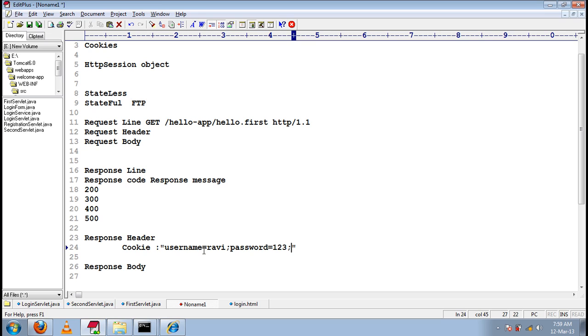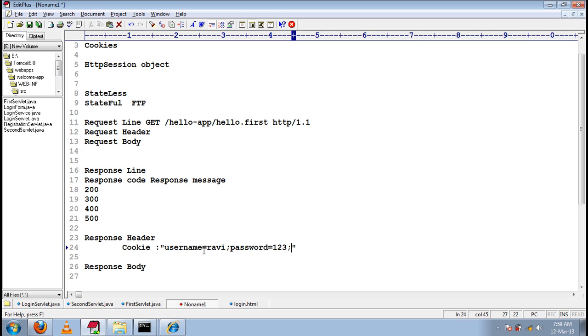By semicolon separated values, the cookies will be transferred to the browser. The header name is cookie, and the header value is all the key value pairs of cookies. All the name and value pairs of cookies will go as a single header, that is cookie.